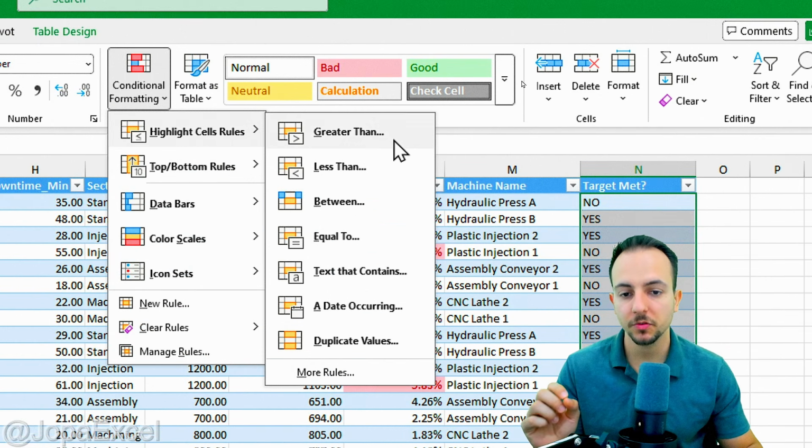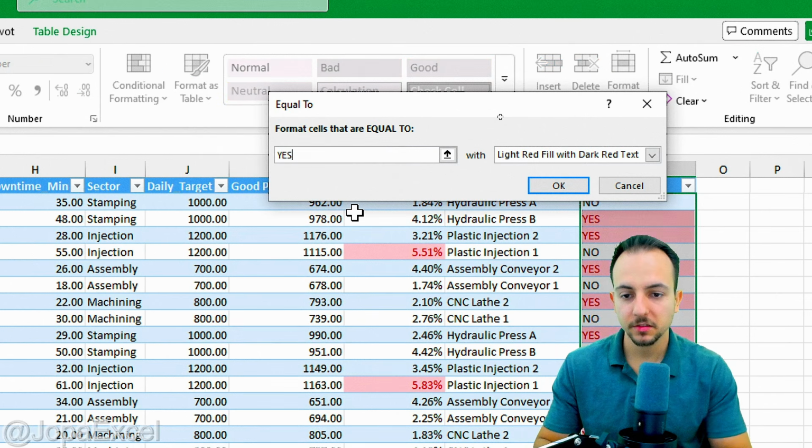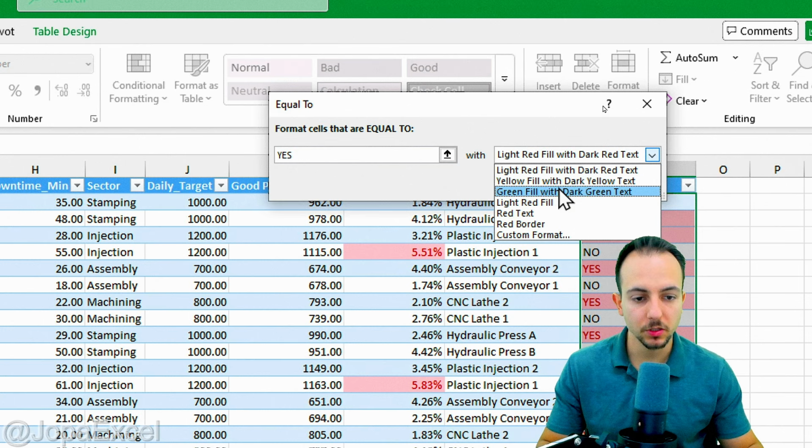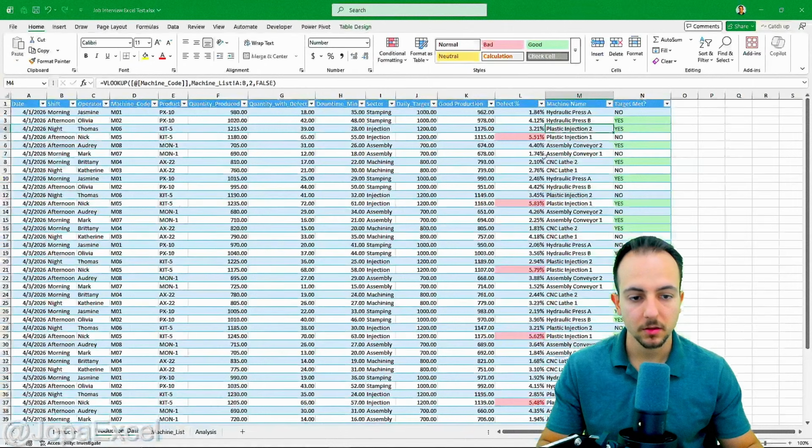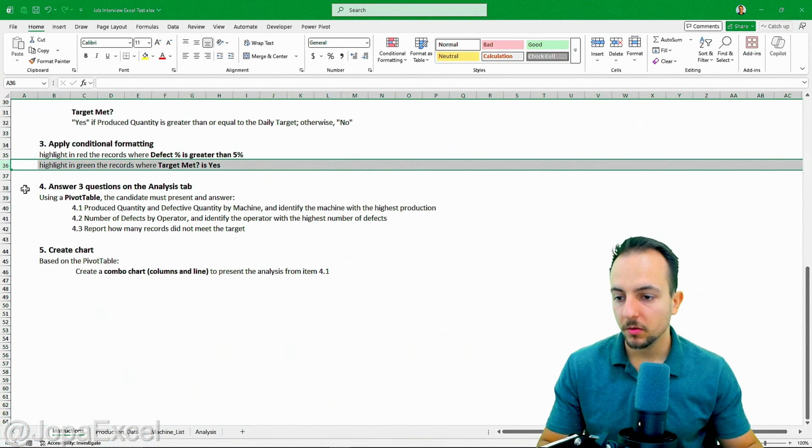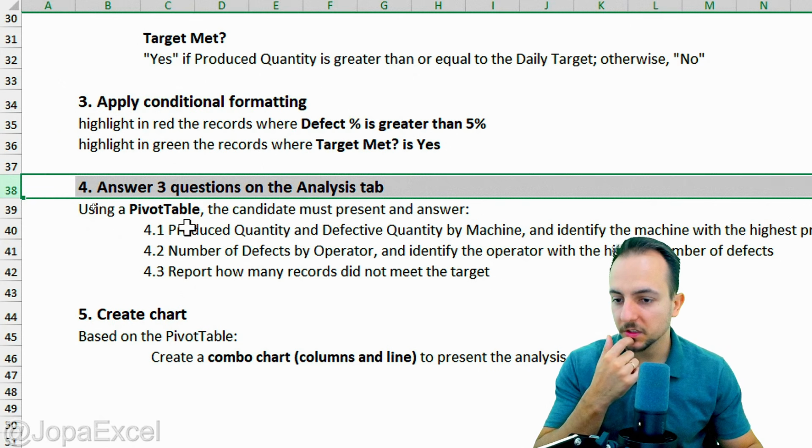However, this time, instead of using greater than, I'm going to use equal to, because every time I have a text that is equal to the word yes, I want to highlight it with a green fill, and then okay, that's it. Now we are almost done with this Excel test